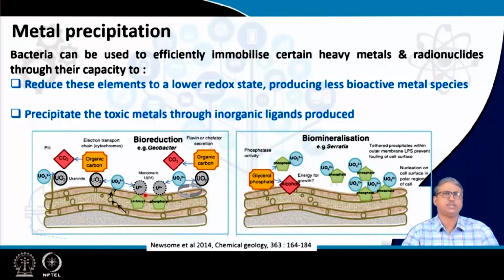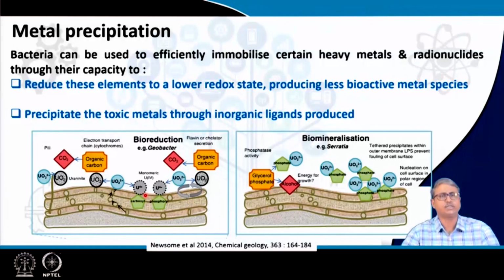So, there are multiple systems discovered for the transfer of the electrons from the electron donor to the uranium, UO2 2+, so that the UO2 2+ can be reduced to a different form of uranium which can precipitate, which are insoluble. So, effectively this type of reduction is found to be possible not only for uranium, but also for chromium, for technetium, for selenium and many other similar redox active metals where the reduced forms are insoluble.